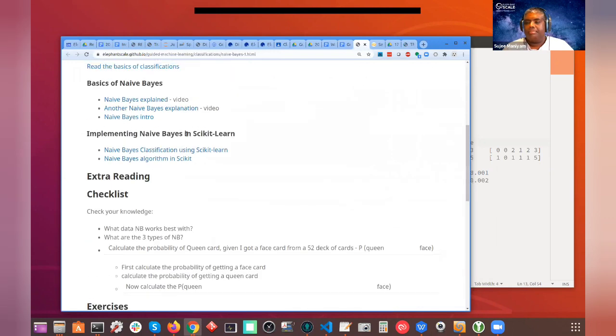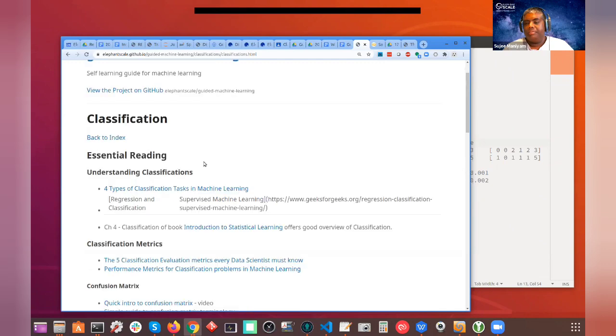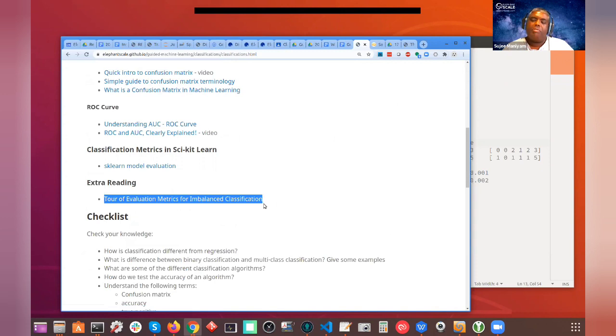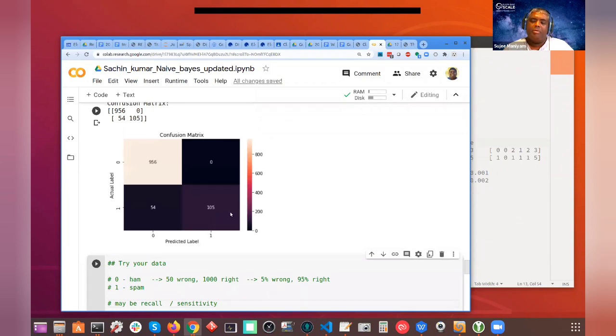classifications, so look at the confusion matrix guide and all this stuff. You can read this, and also here's another one: evaluation metrics for imbalanced data, and this is exactly the scenario, because we have imbalanced data. So read these, it'll give you some ideas about which metric you are considering. But the good news is you already have a confusion matrix. Now you can calculate all the other metrics. You did the hard work. Now it's just a matter of picking the metrics and evaluating them. That's it. Good, guys.